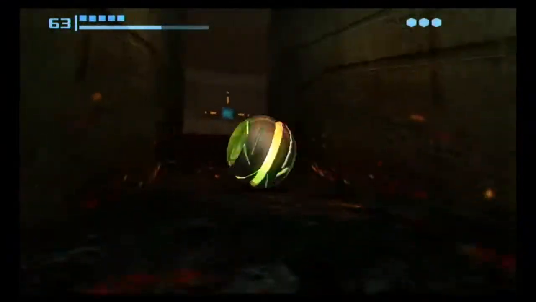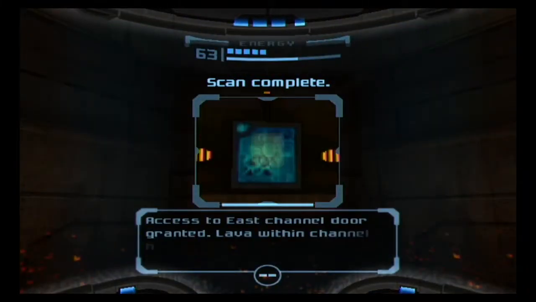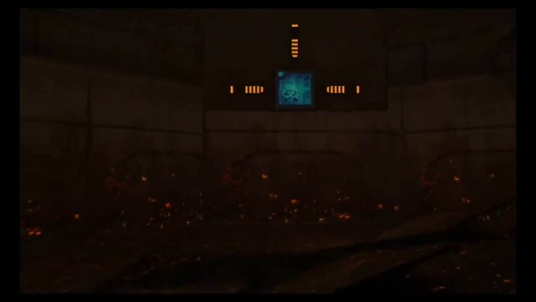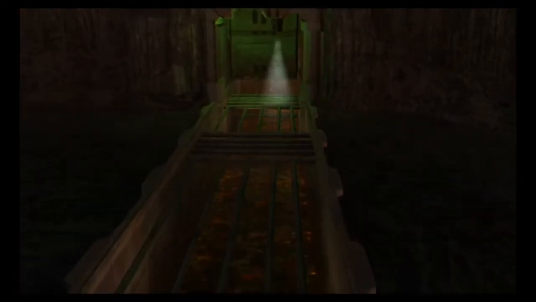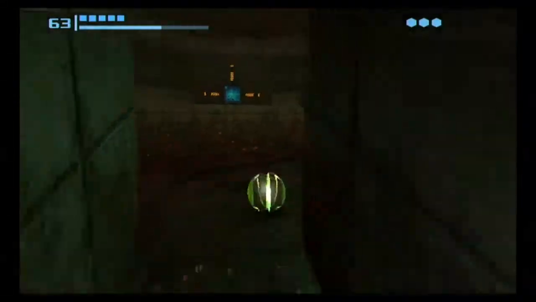Alright, let's see what was hidden behind this compartment. Nothing. Access to the east channel door granted. Alright. I was kind of expecting an expansion back here, but I guess this will lead to the expansion. I didn't realize that a lot of the lava hadn't been cooled. There we go. I don't believe you even have to do this, really. I think you can just...